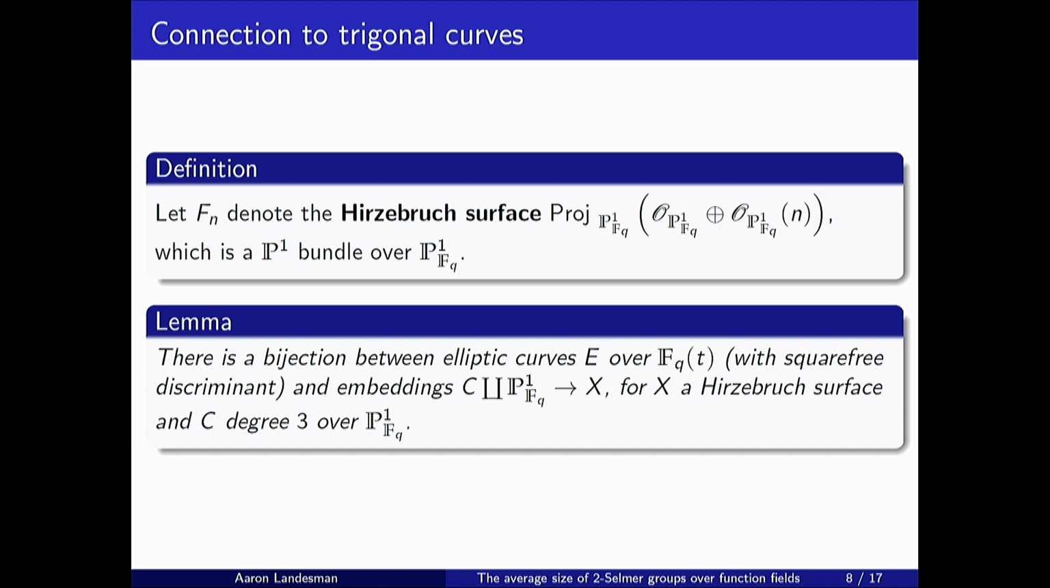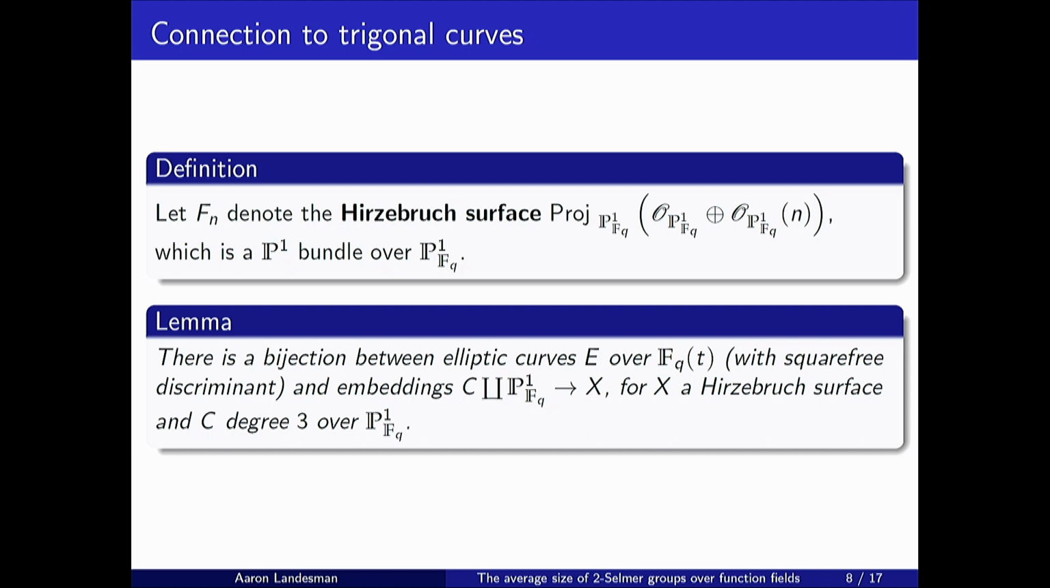So we'll start with the simpler case, which is the elliptic curves. Let me just recall, a Hirzebruch surface, which I'll denote Fn, is just Proj of O plus O(n). So this is a P1 bundle over P1, and all P1 bundles over P1 are one of these. And so the first lemma I want to explain is there's a bijection between elliptic curves, which is one of these things we're trying to count,